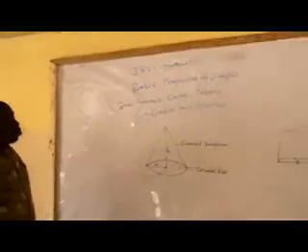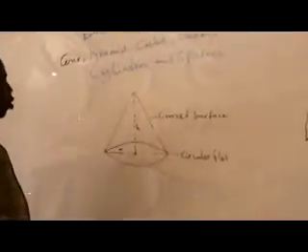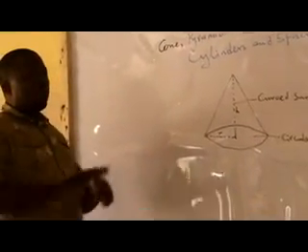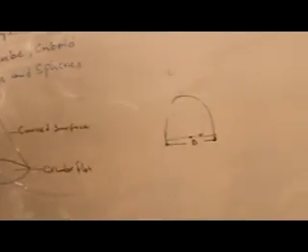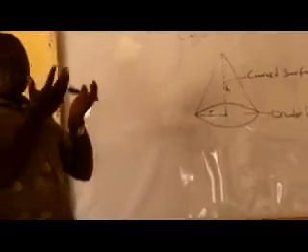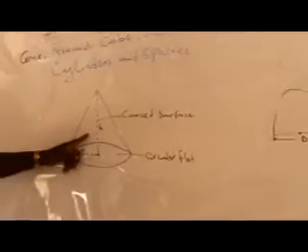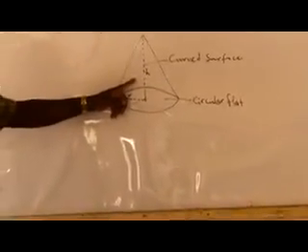Then I also want to tell you that there is a relationship between a cone and a circle, because you can get a cone from a circle. If you get a circular paper like this, you can fold it to form a cone. You can fold a circular something to form a cone. In the lab, if you fold a filter paper, it forms a funnel-like structure. This funnel-like structure is called a cone.